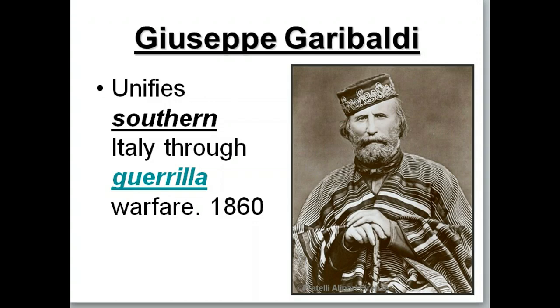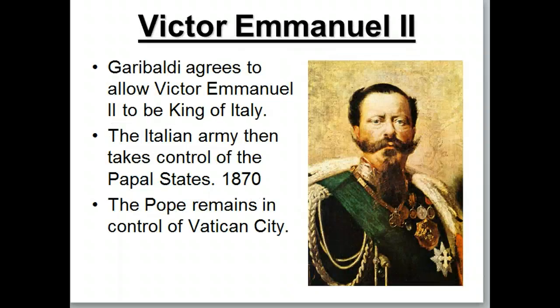It's a small band attacking a larger army, kind of a hit-and-run style. So eventually, when Garibaldi is defeated by Cavour and his group, Garibaldi is going to agree to allow Victor Emmanuel, the King of Sardinia, to become the king of all Italy once they've unified it. Now, they unify it, but they don't have control of the entire peninsula yet. And so the Italian army under Victor Emmanuel is going to take control of the Papal States. So essentially, Victor Emmanuel is the king, Cavour is the prime minister, and Giuseppe Garibaldi is helping out with the